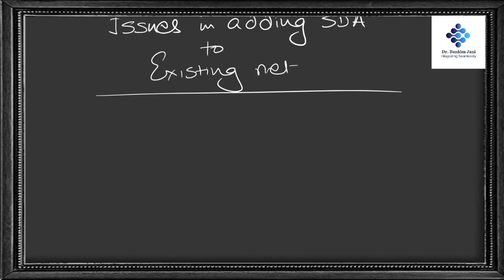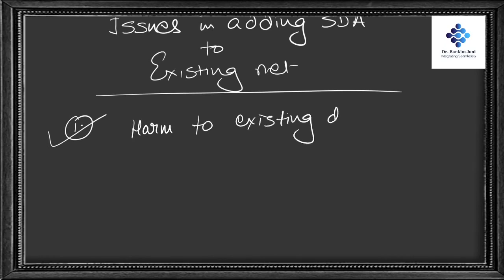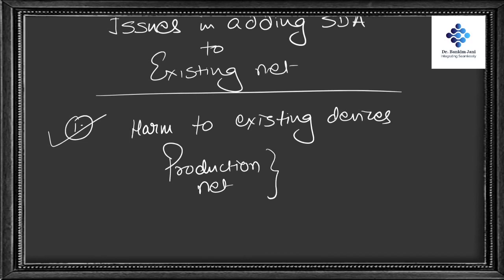Now when we are trying to do this, first, and this is the vital thing, in case we harm the existing networks or the existing devices, if something goes wrong, and it is a production network, right, if it is your production network, then don't use